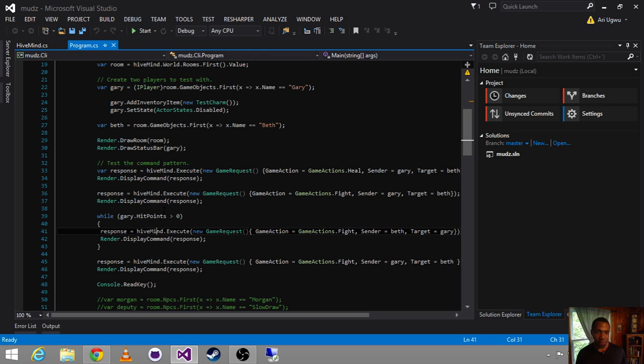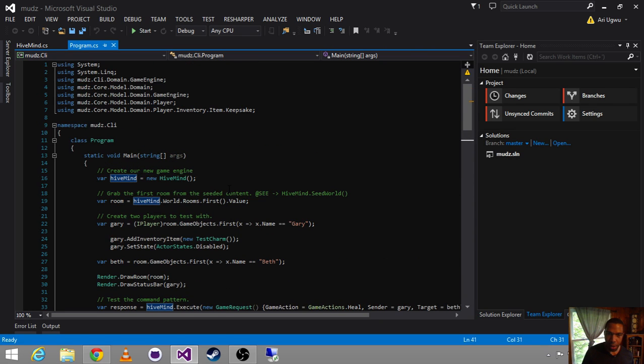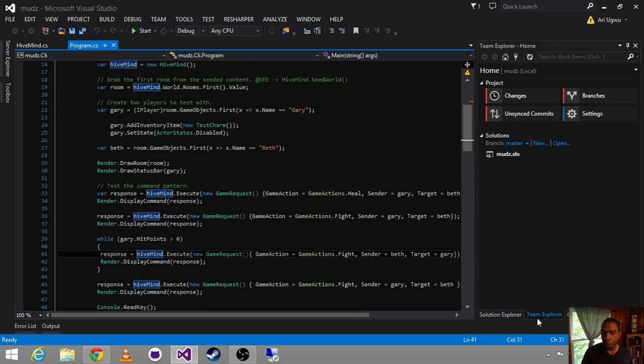Last week we decided we're going to beat Gary to death. So essentially, we ask Gary to heal Beth. Then Gary immediately tries to fight her. Beth doesn't like this, so she responds by beating Gary to death. So still some more work there, but we're going to take a look at our implementation of the flyweight pattern.